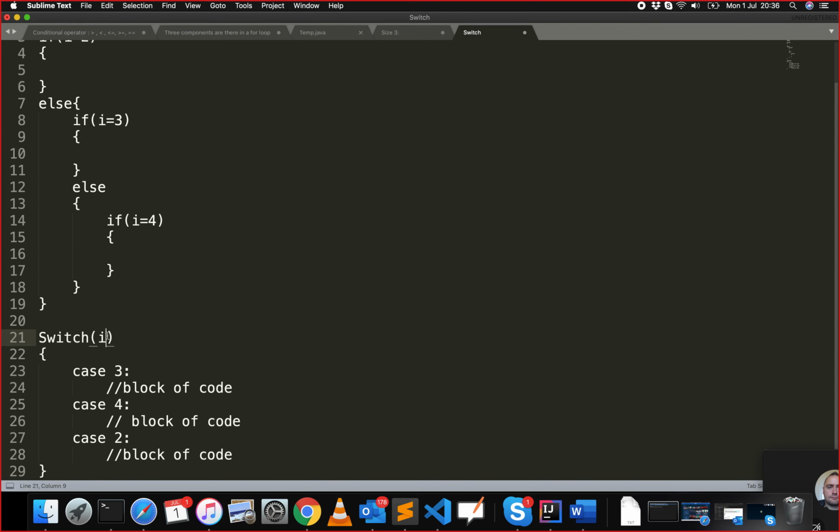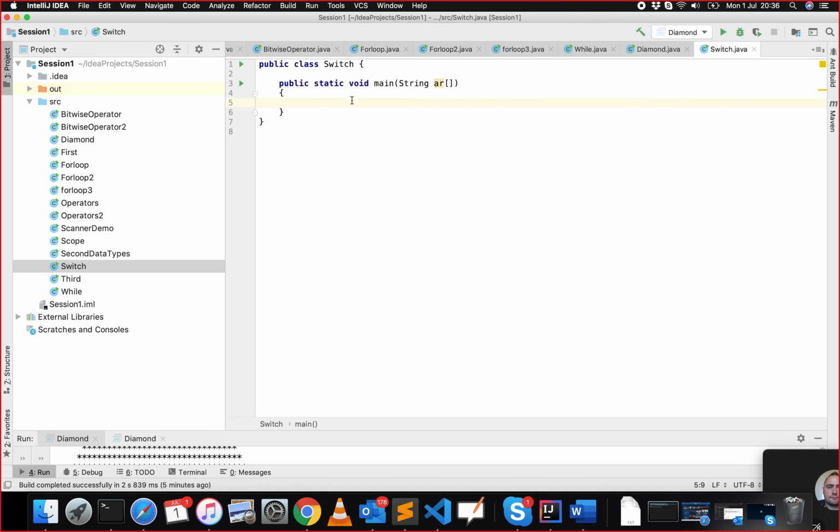Okay, now let's implement this in the real-time program, how it works. Again, I'll do the same thing. I'll just copy the